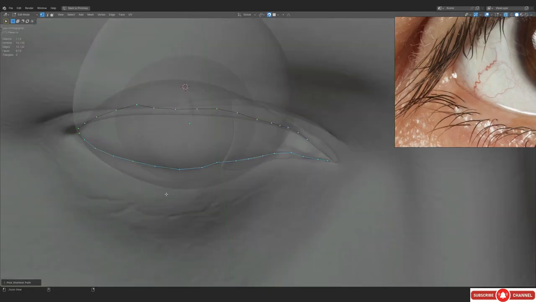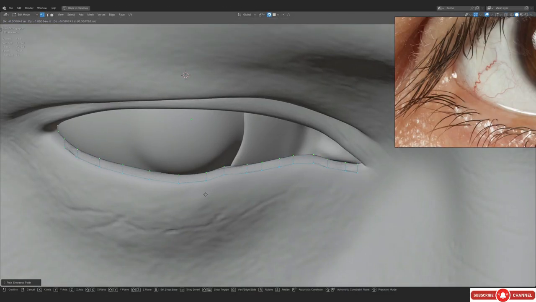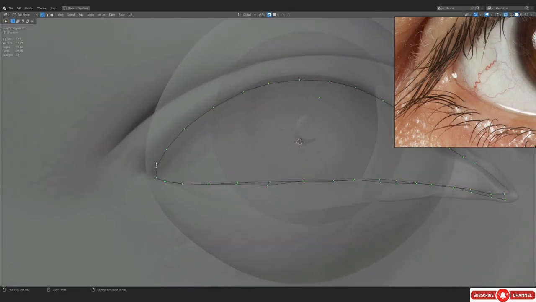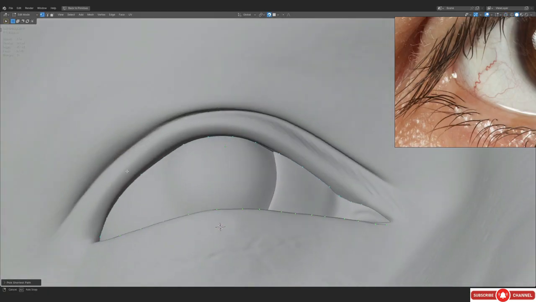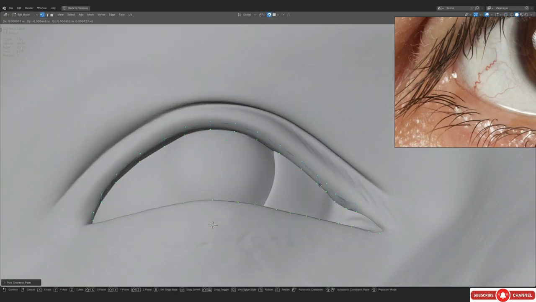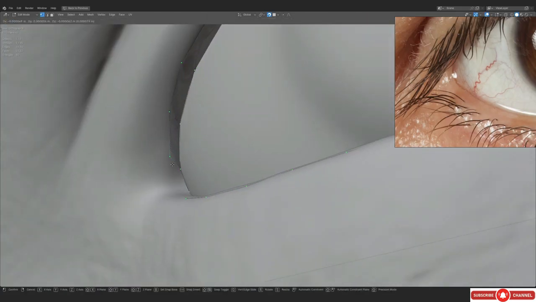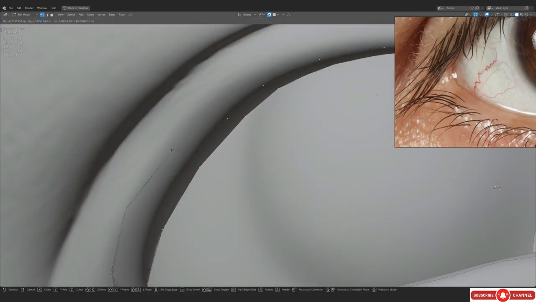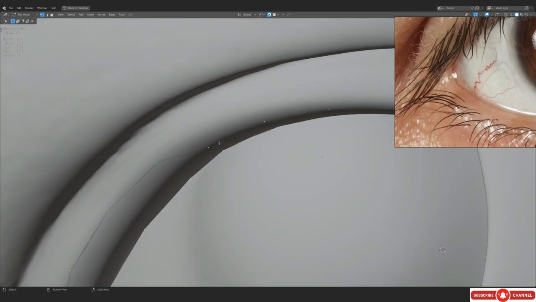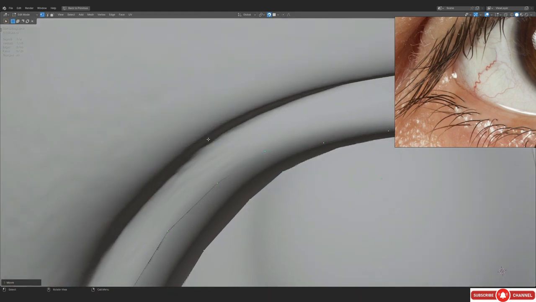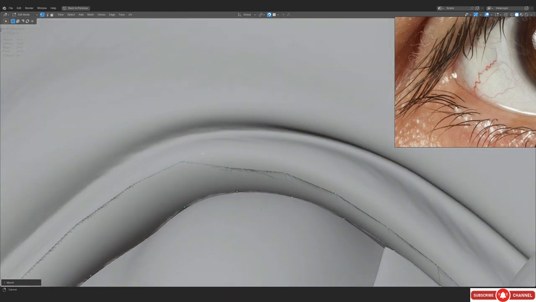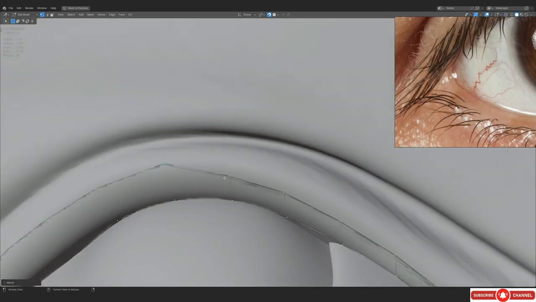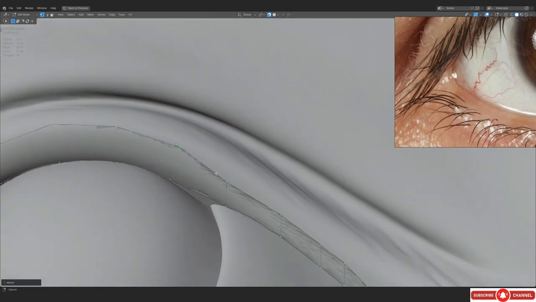So now we're gonna be just extruding things out. So let's just extrude and push it out. This is what we have, and let's just do the same thing for the upper part as well. We're gonna be extruding it out, and in order to make it look a little bit better, we have to adjust it like this. Again, you don't have to be super accurate, just do it fast. No, don't do it fast, just be a decent amount accurate. We just need to make sure that it does not really clip that much, even though it is clipping right now, but we are gonna be fixing that.